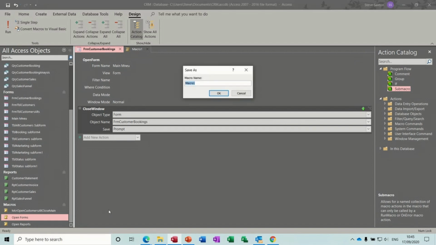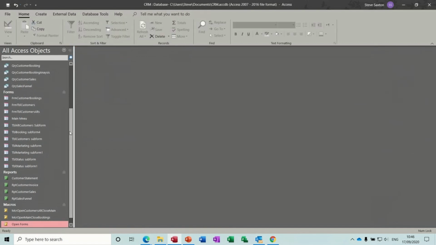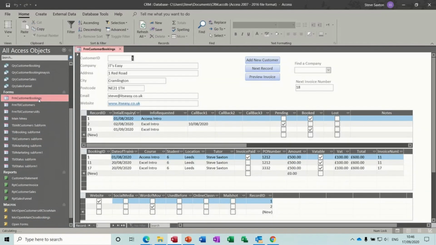So I've not saved these correctly, so I should have said MCR. So MCR macro. So what's it doing? It's open main and close bookings. I'll put it as, and then you can read by putting the capital letters in there. I think it's easier to read. Don't like spaces, remember, so let's not use spaces. Okay to that, and then close that, and if I go to the customer bookings form in design, I can